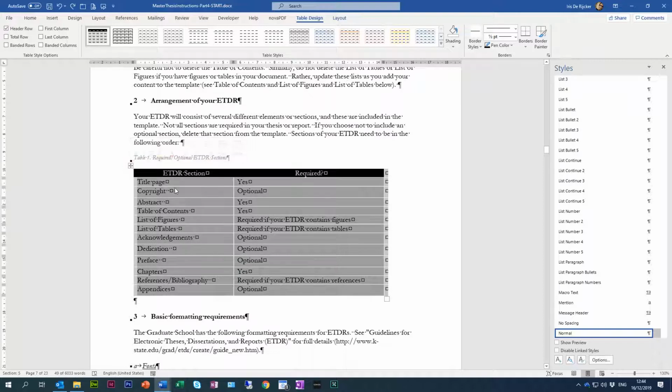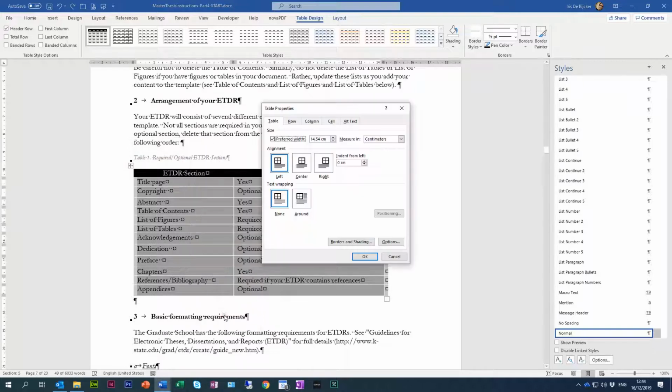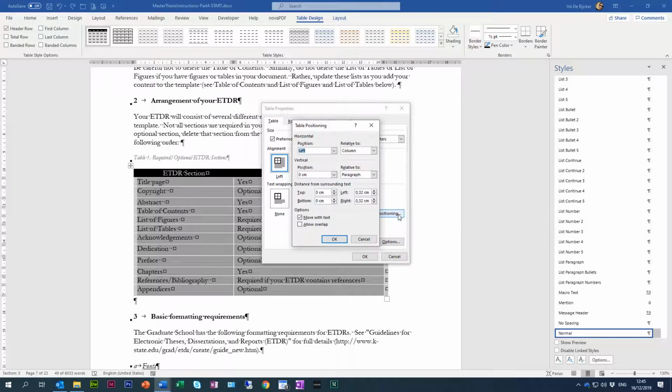You have to do it for every table individually. So I will select the table, right click and go to table properties. What I need is this button positioning. It's now grayed out, so inaccessible to me. So I need to set the text wrapping to around to get access to this button. So let's click positioning. So let's set, let's say, 0.5 centimeter as distance between the table and the text